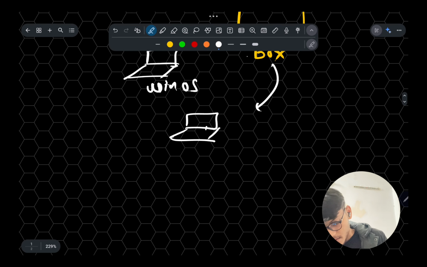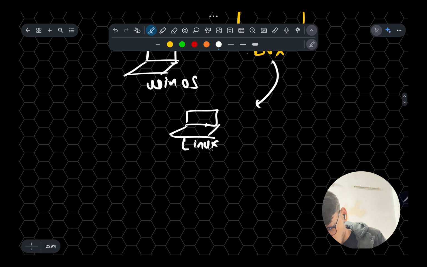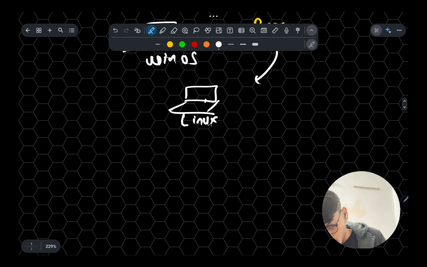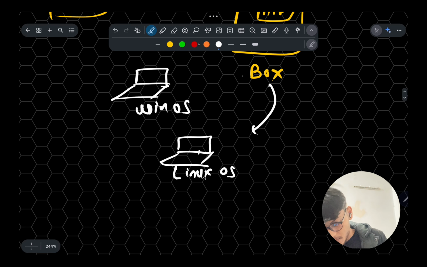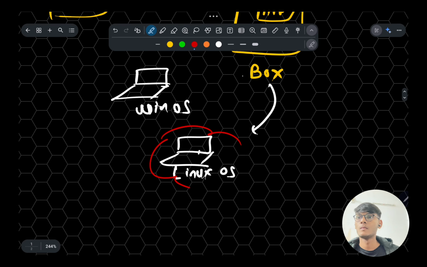Actually, I don't know how to draw the Tux, so I drew a simple laptop for Linux OS. So it is possible to run everywhere.